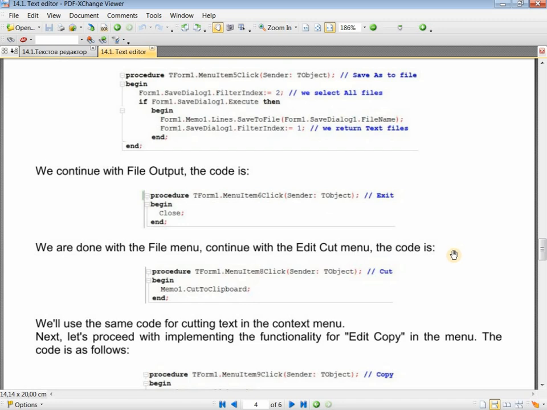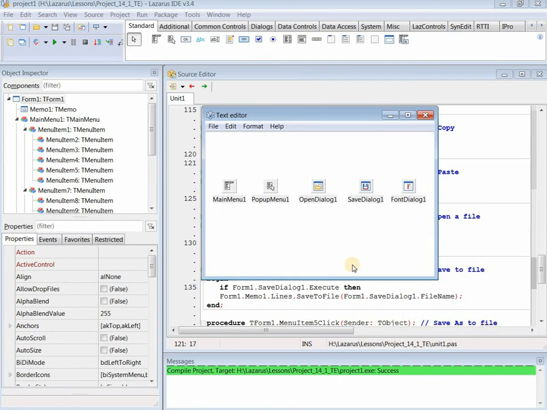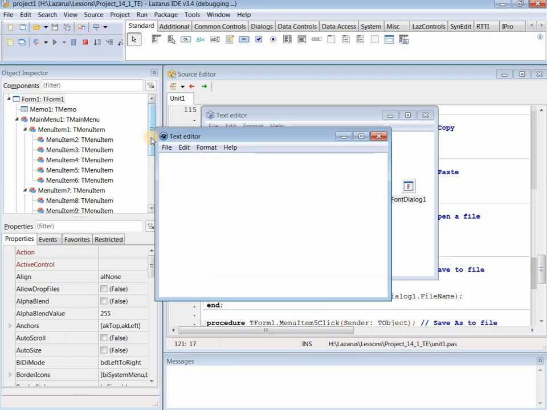We open the Lazarus IDE project. Here's what it looks like. Everything, compile and run. Here are the menus as we showed them. Now, then, we need to write some sample text. Let's say I'm going to write